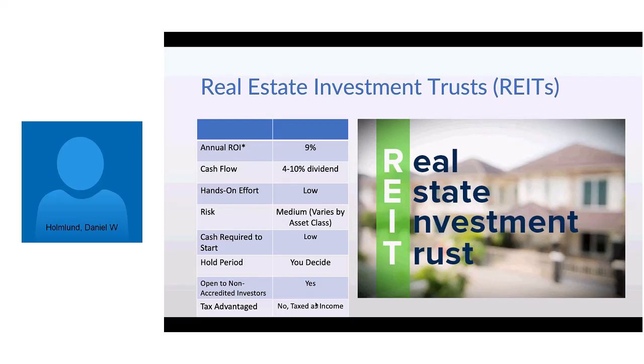Can you do REITs inside a self-directed IRA and get the advantage, or is that not possible? No, absolutely. If you have a self-directed IRA, you can invest it in REITs or just about any type of real estate investment. There are rules around it, such as not benefiting yourself directly, or your parents or your children. But yes, you can hold a REIT inside your